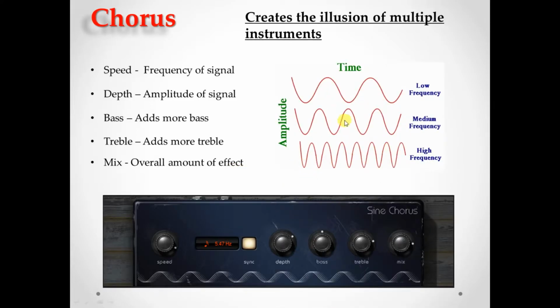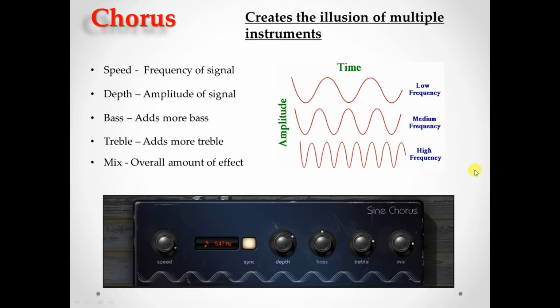So let's take a look at this chart here really quick so you guys can understand what speed and frequency and depth and all that means. So the speed is the frequency of the signal. So this is a low frequency, this is a medium, and this is a higher frequency. So a higher frequency is going to have a higher speed kind of a thing. And then the depth is the actual amplitude, how high this signal is. If it's got a higher signal, it's going to have a lot more depth to it than if it has something that's just shorter. Let's go take a look at the pedal itself and kind of pay attention, keeping this